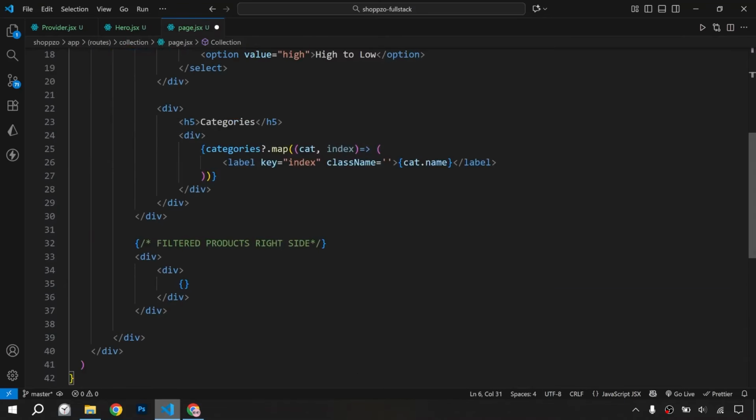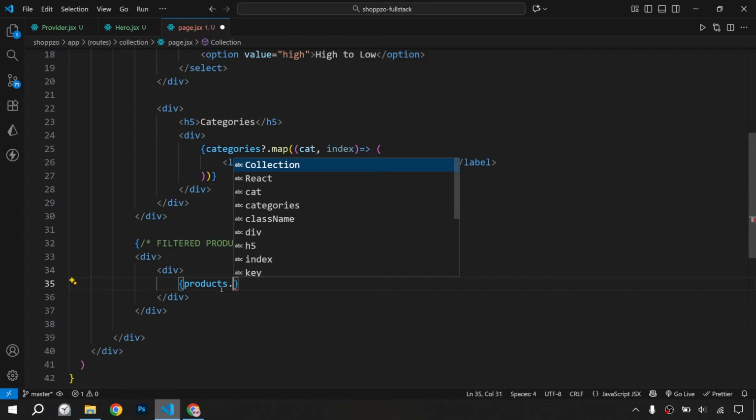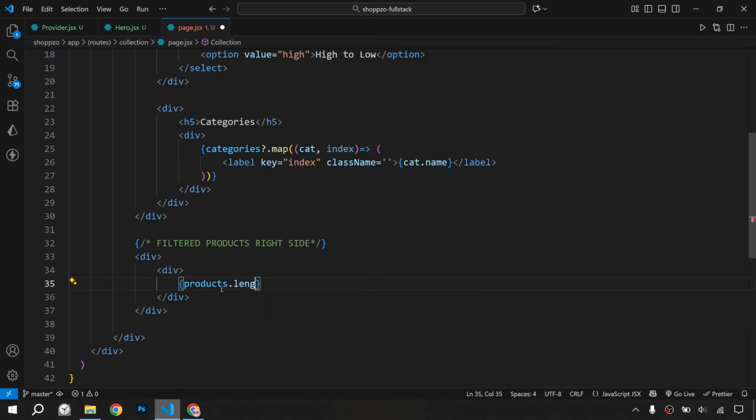So we will take the products here, products.length is greater than 0. Then we will write products.map